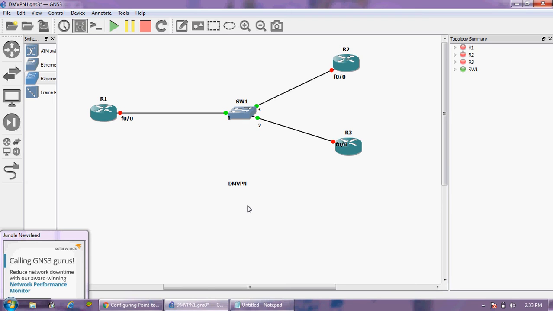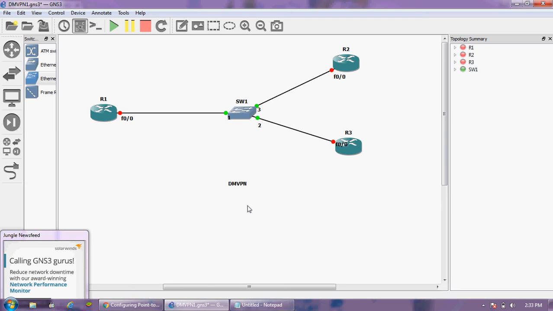Previously we had static, point-to-point tunneling. The static tunnel is called a GRE tunnel, and it connects point to point. That is just called a static VPN. With the support of GRE tunneling, we create a static tunnel, and we also configure a static route for that. But coming to the Dynamic Multipoint VPN network,